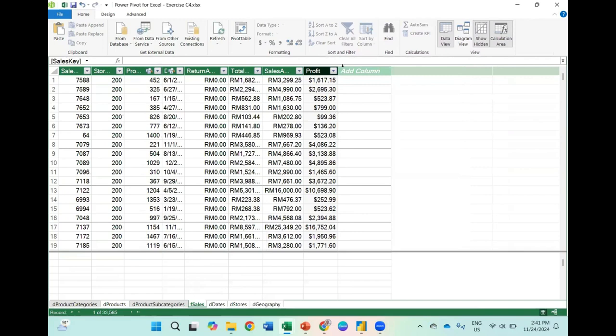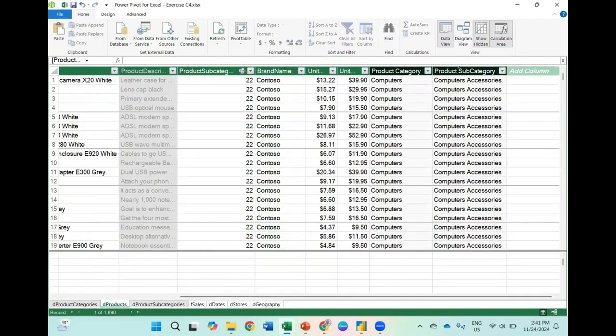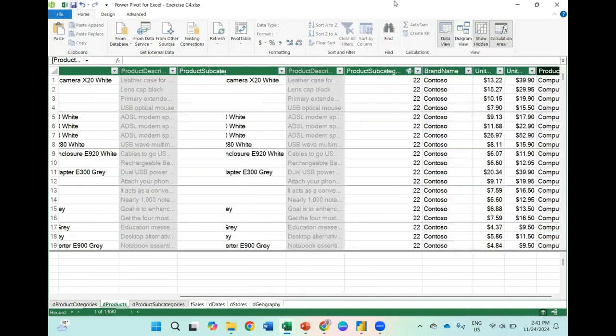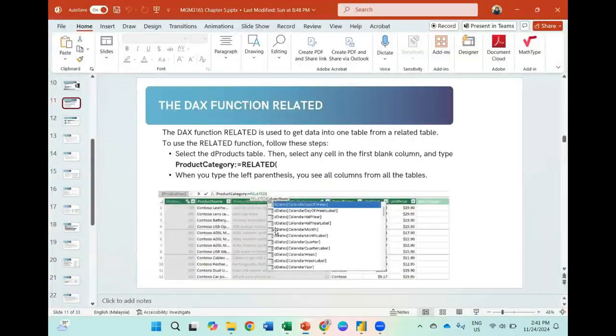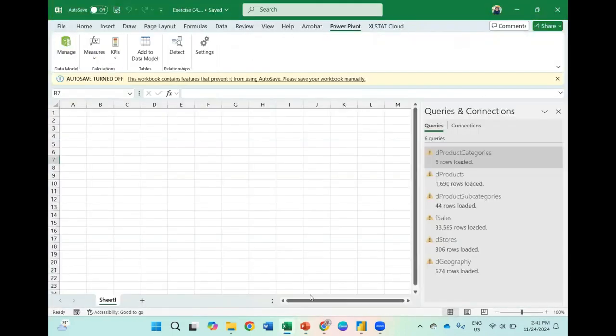We have a new profit column and new columns for product category and product subcategory. So we save and exit. Go back to your Excel.